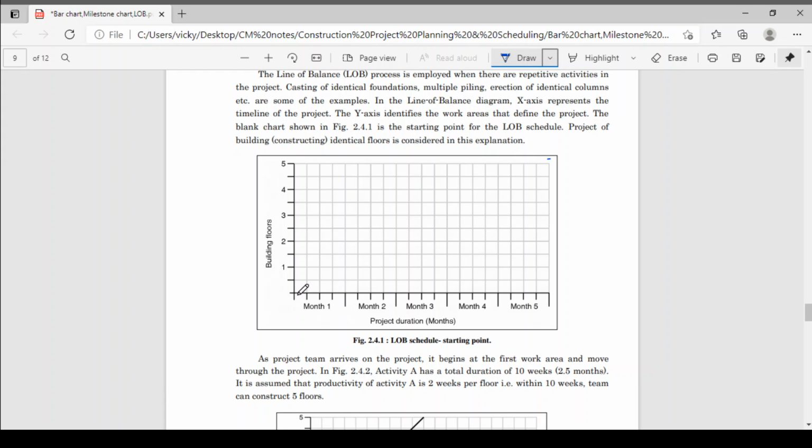See here, these are the building floors: floor number 1, 2, 3, 4 and 5. Within the first 2 weeks you start brickwork for the ground floor.